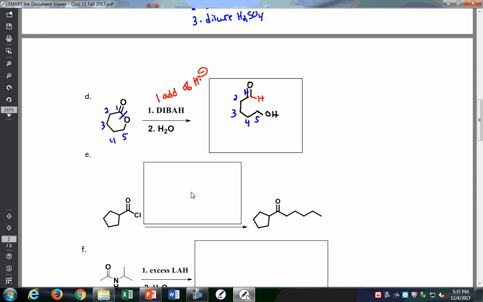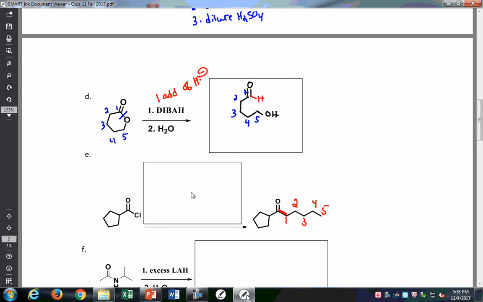Okay, so number E, we have an acid chloride, and we formed a new carbon bond. But notice, we only have one addition of that bond. So this is not a Grignard, because a Grignard would add twice. So we'd have two new carbon bonds, and we'd end up with an alcohol. So the reagent that will add once to an aldehyde, once to an acid chloride or an anhydride is